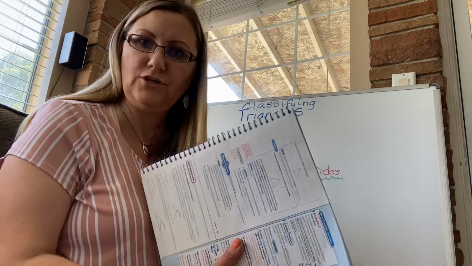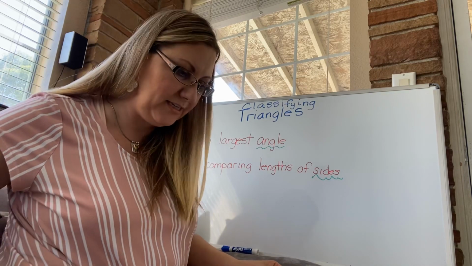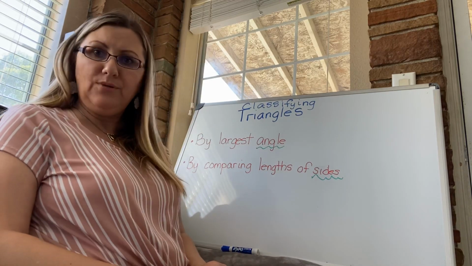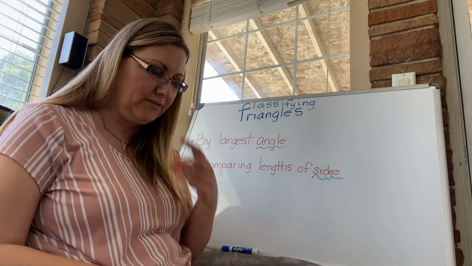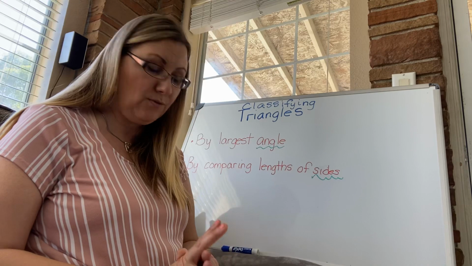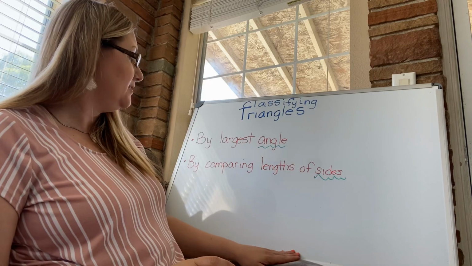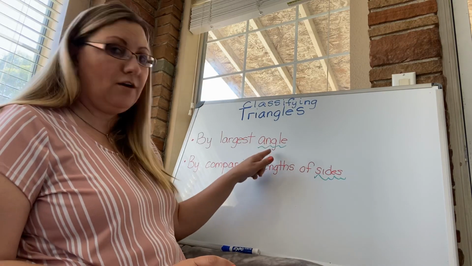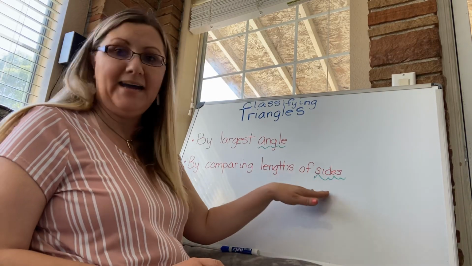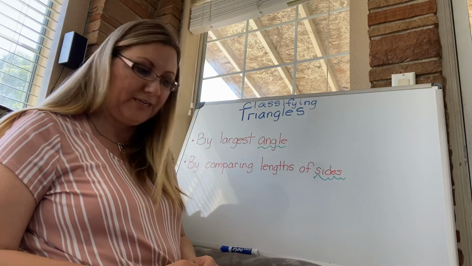We are going to go straight into our lesson now about classifying triangles, and trying to keep this lesson as short as we can. When we talk about classifying triangles, we're basically talking about naming triangles. There are two main ways that we do that. We name or classify triangles either by what their largest angle is, or by their sides, how long their sides are. If you turn to page 542 now,